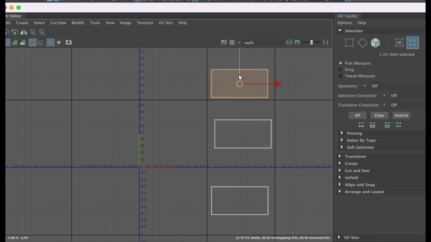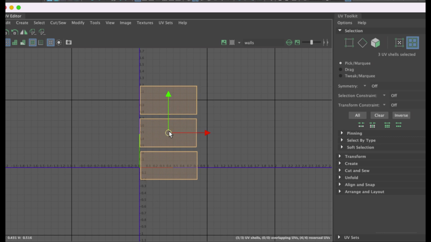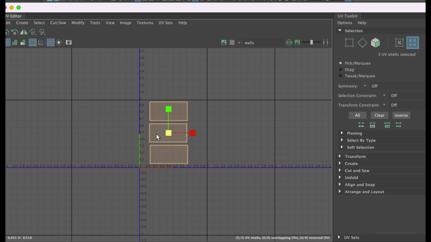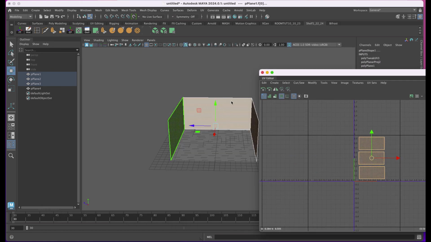Select this one, I'll pull it down a little tighter here. I'm leaving a bit of a gap so I've got some wiggle room with the texture. And I'll drag the other one here, line them up a little bit, and then I'll marquee select all of them, pull them into that quadrant, and I'll hit R for my scale tool, and I'll fit them into here. Now making sure that I go back to my object mode,